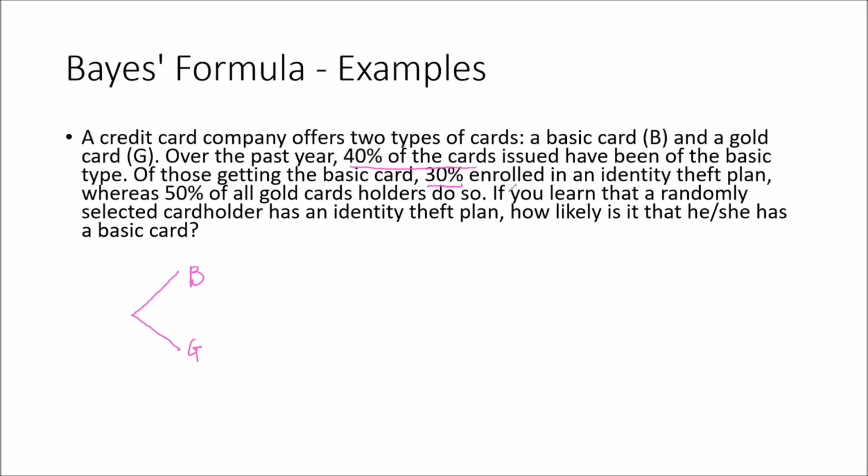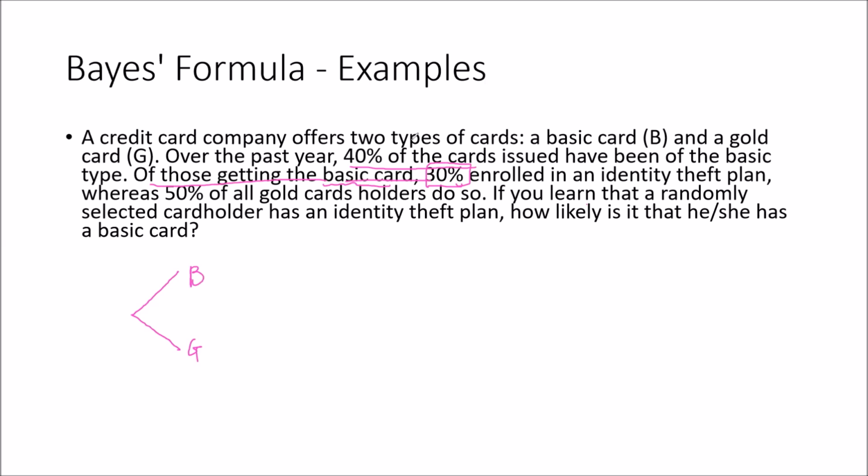30% of those getting the basic card, 30% enrolled in an identity theft plan. So this 30% is actually a conditional probability, conditioning on basic card. That also gives you a hint that the first part should be basic card or gold card, while a second part would be